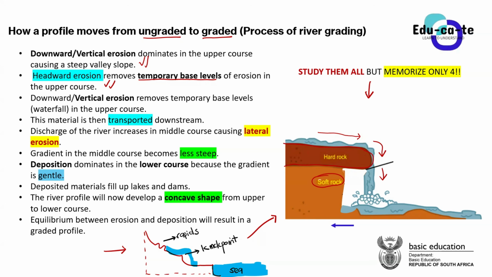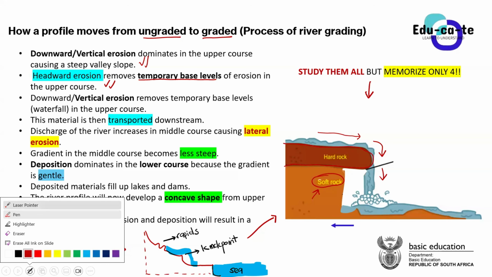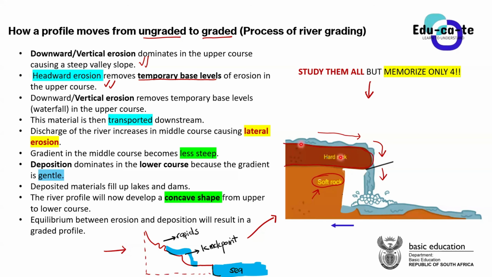It has now been eroded because very soft rock is easy to erode, but the hard rock is not easy to just break and erode because it is more resistant. So now the softer rock has been eroded such that the hard rock is left unsupported. Because if you look at here, as I already explained to you, the softer rock is the one that is supporting the hard rock.